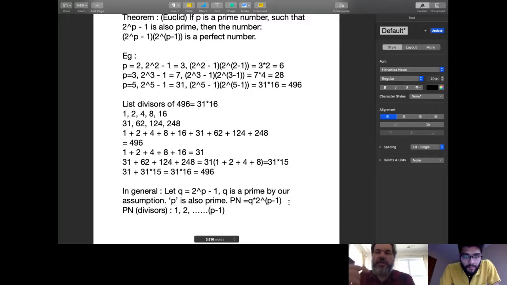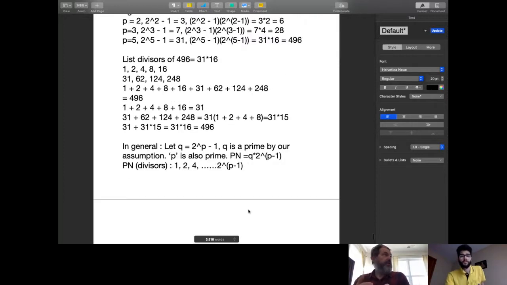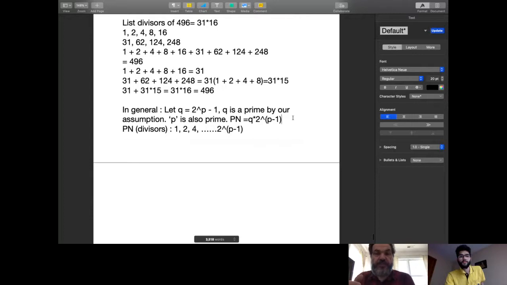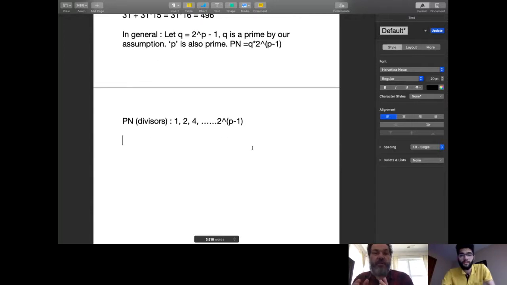Let's put a 4, so people don't think that it's 1, 2, 3, 4, 5, 6, 7. It's just powers of 2, up to the last power of 2 that's in the number. It's 2 to the p minus 1. The next line, we list the other divisors. Say the other divisors are q times